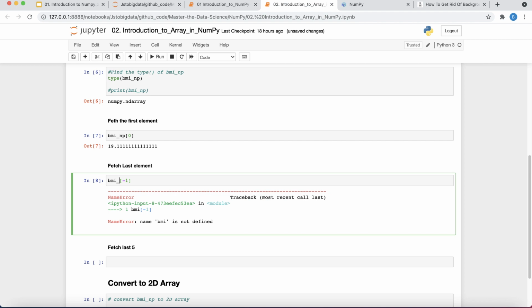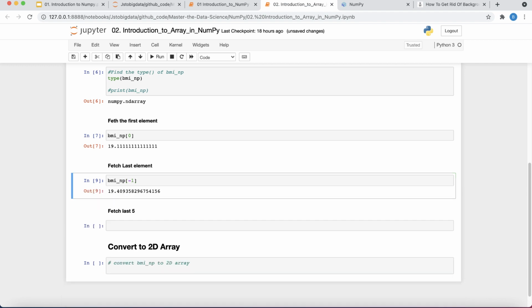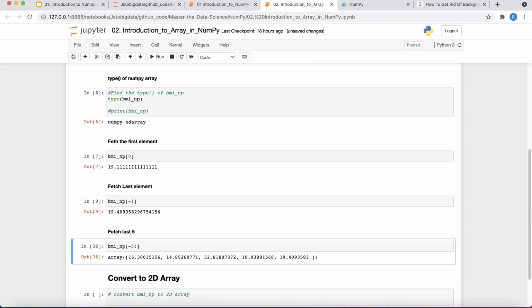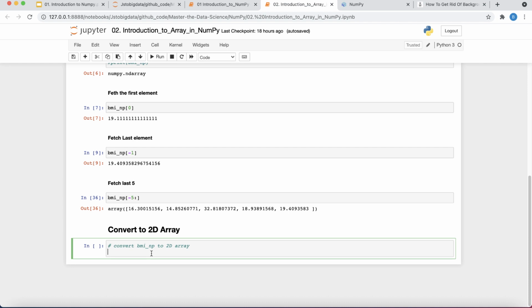So it's BMI NP -1. Now let's say you want to fetch the last 5 elements of your NumPy array. It would be the same as what you would do for lists and tuples. So for the last 5 elements you use -5, and then you just leave the end empty. So this will give you the last 5 elements of your NumPy array.